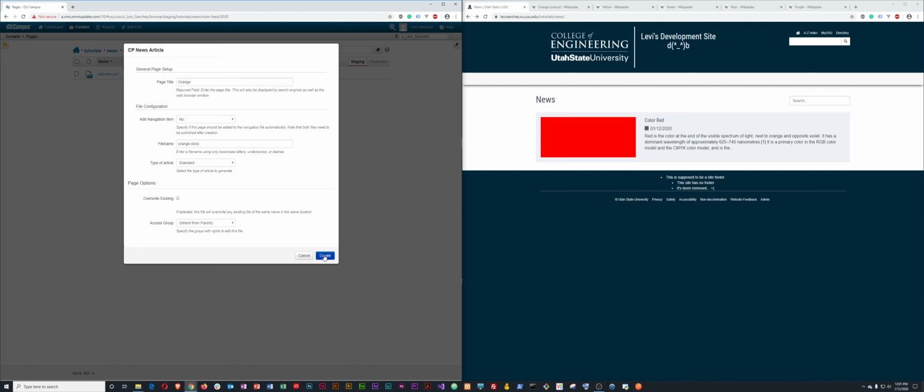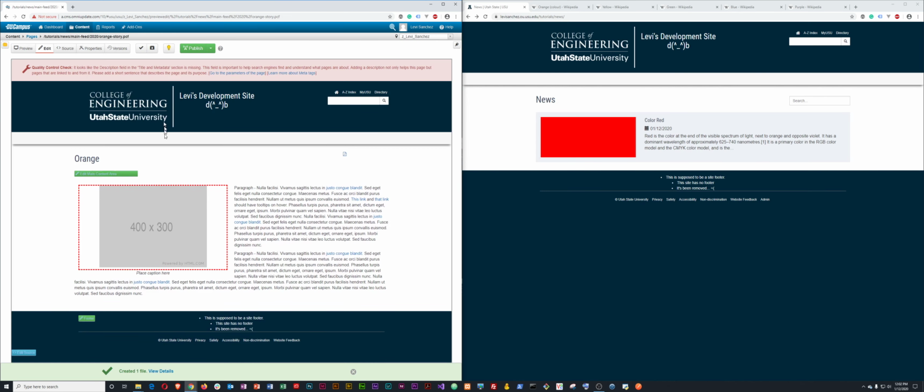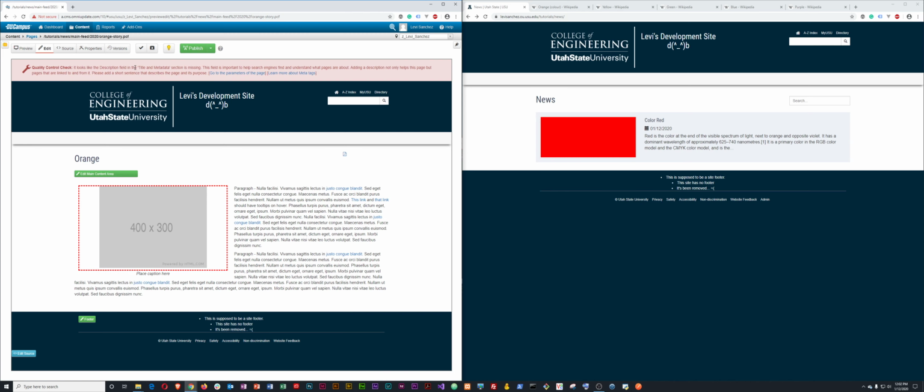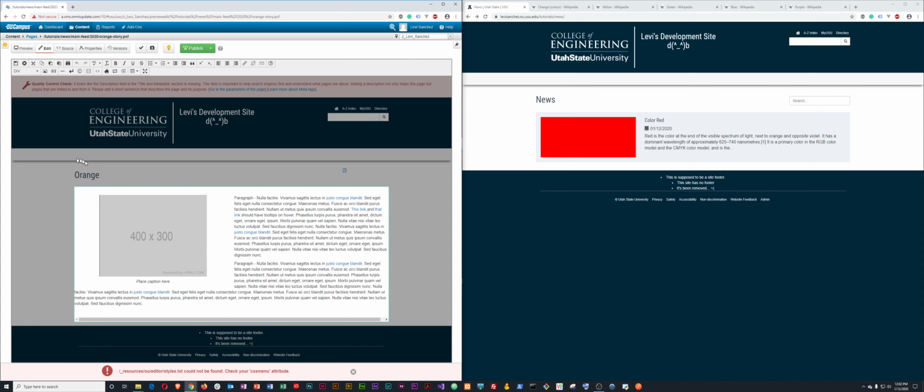And click OK, create. And then we'll go into edit. Let's just pretend for a second that I forgot to add the date. Well, not the date. We'll say I forgot to add the meta description. Let's see what happens if you forget to do that when creating a newsfeed. So I edit, have the file checked out, go